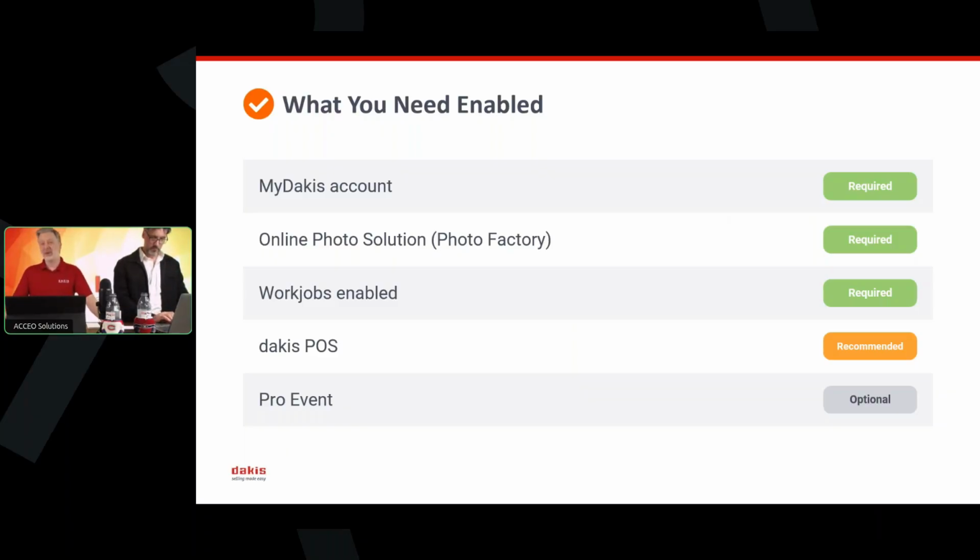Why is it important? Because we want to centralize the ordering process, the store process, the online and the in-store, everything. We're trying to streamline that into one silo, and the Dakis POS is a critical part of that. And some of you who know the Pro Event are probably wondering why that's there. Okay,